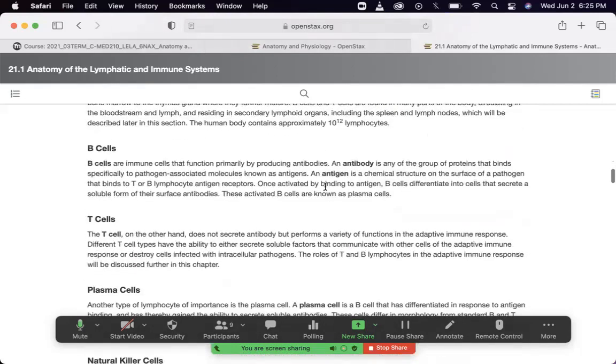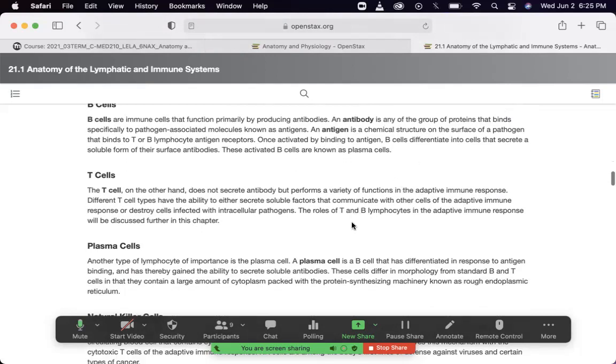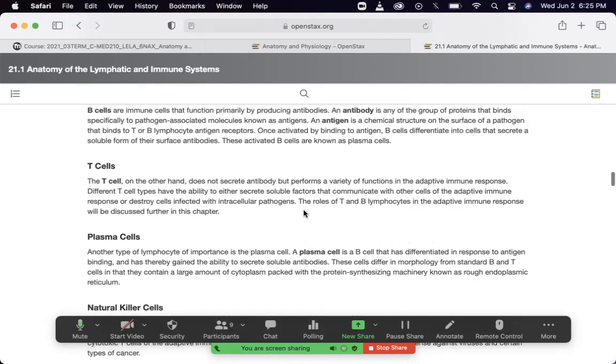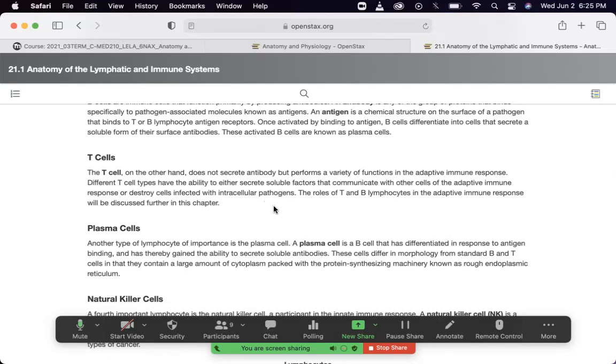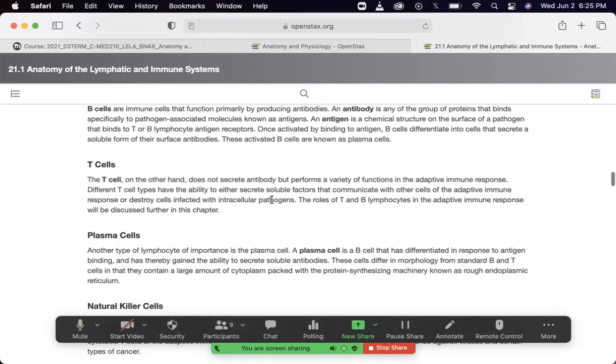So B cells and T cells, think what? B cells make antibodies to attack a specific antigen. T cells are another example of an adaptive immune response, which communicate with other cells using soluble factors. And those soluble factors are proteins that are soluble in plasma, like your immunoglobulins, and we're going to talk about immunoglobulins momentarily, and your interferons. Those are examples of soluble factors. And they're going to tell the B cells, hey, make more antibody. And then they're going to tell the NK cells and macrophages, the thugs, hey, let's go do